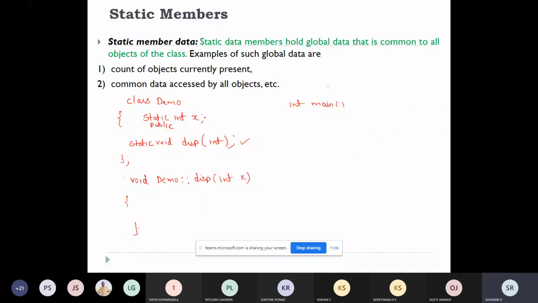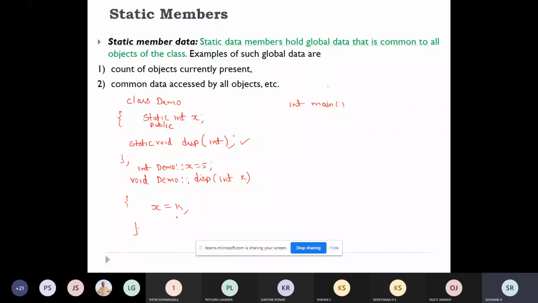So declaration is done. I have to define this. I'll give x some default value 5. Now I'll just change the value of x with whatever I'm passing from the function demo. So this is how the static member function works.